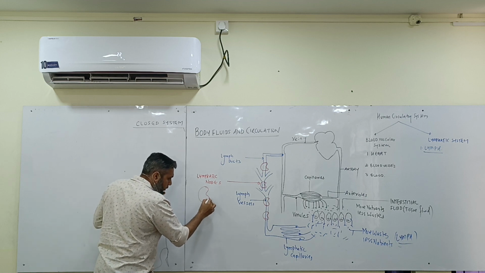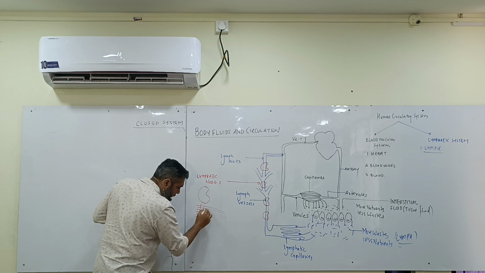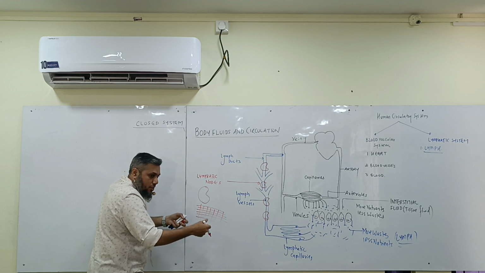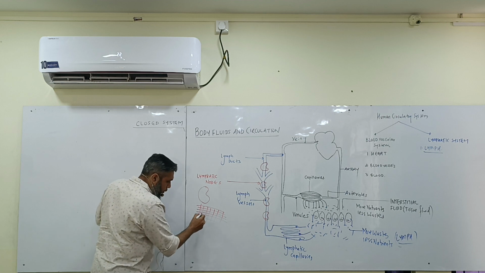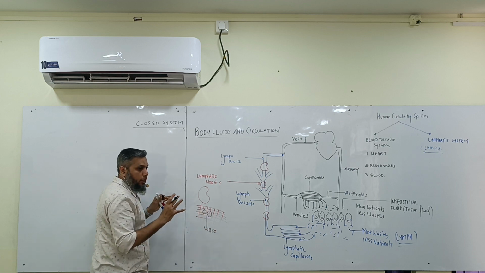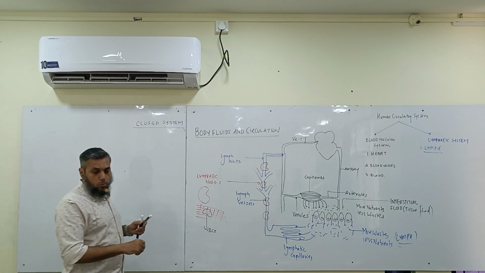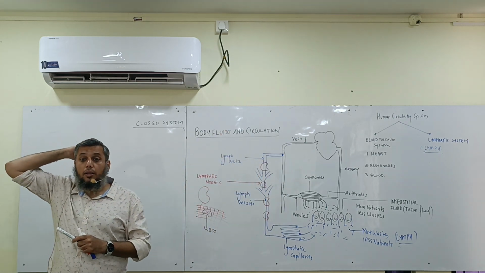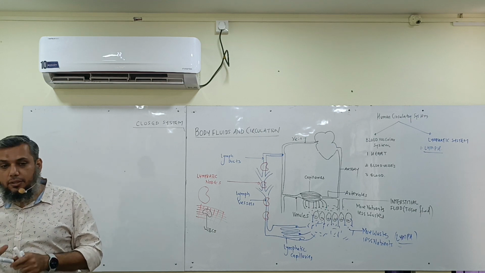Matlab, if I look into the lymphatic nodes, I will see the presence of a connective tissue which is like a sieve, like a chalni. It will catch the dead cells, it will catch this, it will catch that, and it has got powerful white blood cells. These white blood cells will do phagocytosis of the dead cells and the bacteria. So by the time the lymph drains back into the blood, it has fewer pathogens. It has been filtered.